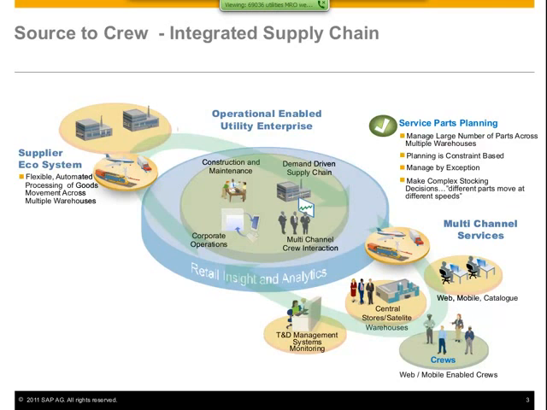I live in Florida. FPL is my local utility, and FPL must manage their supply chain for T&D, for example, based upon being the lightning capital of the world. Not necessarily the same sort of rules and circumstances would apply to one of our other customers up in Canada, Sask Power, for example, where they don't nearly have an issue with lightning strikes. So lightning arresters, how you plan for procuring that particular item is much different, and there's seasonal adjustments and so on. So again, it doesn't matter what your needs are. We help you manage and configure the solution so that you have an automated solution to help manage these circumstances.